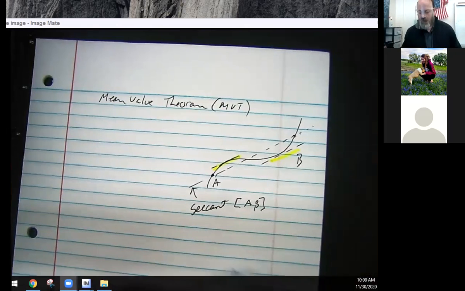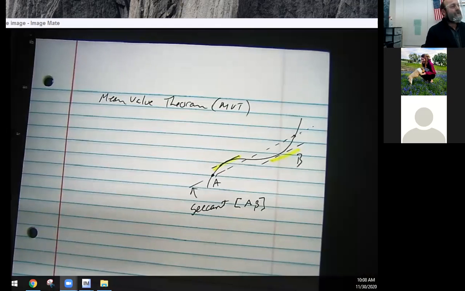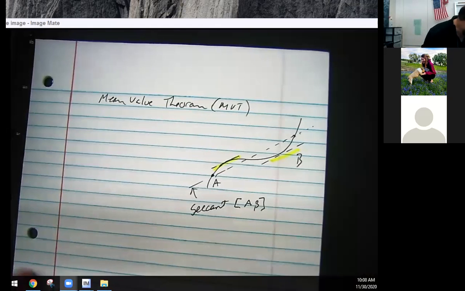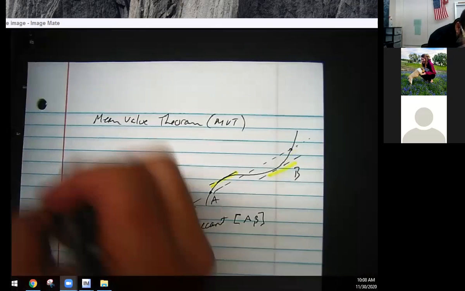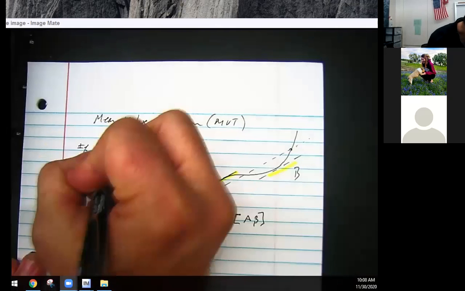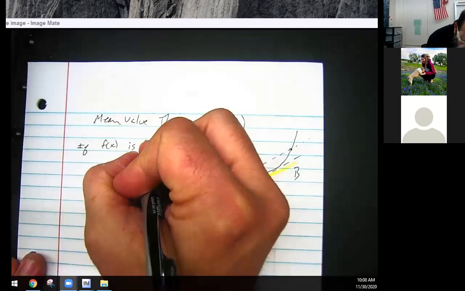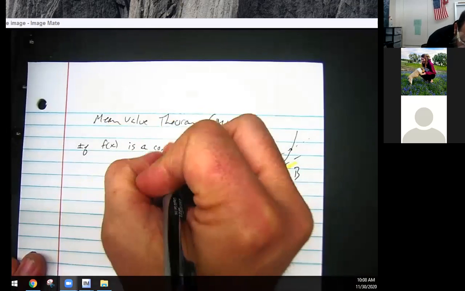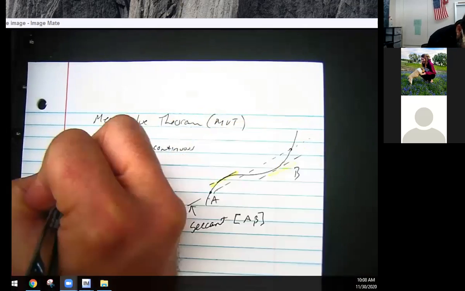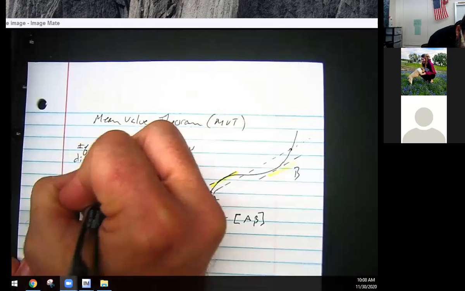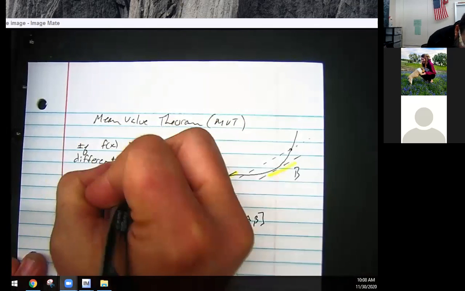Kind of makes sense. So that's all the mean value theorem says, is that if you take a look at the secant to the curve, somewhere the curve on that interval has to match. So here we go. This is the theorem. If f of x is a continuous differentiable function